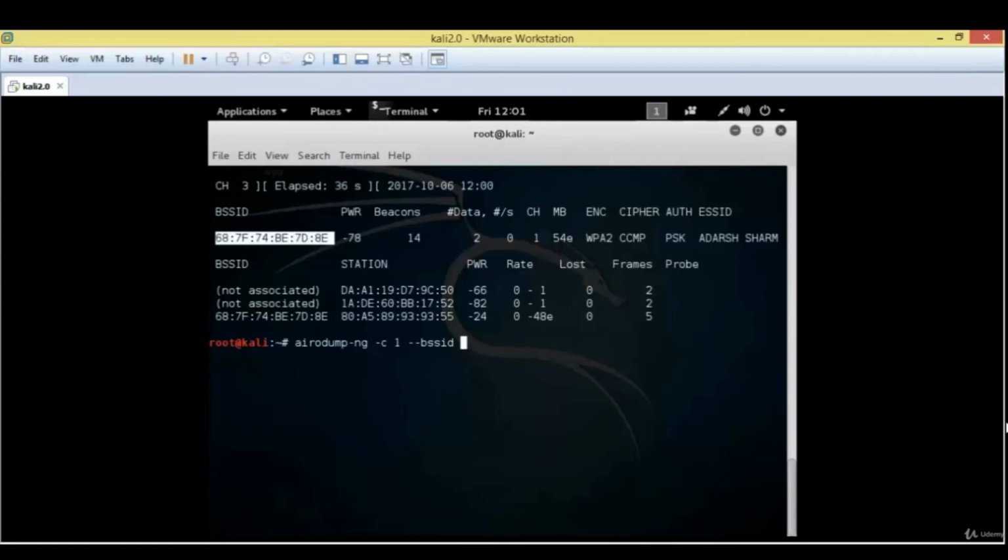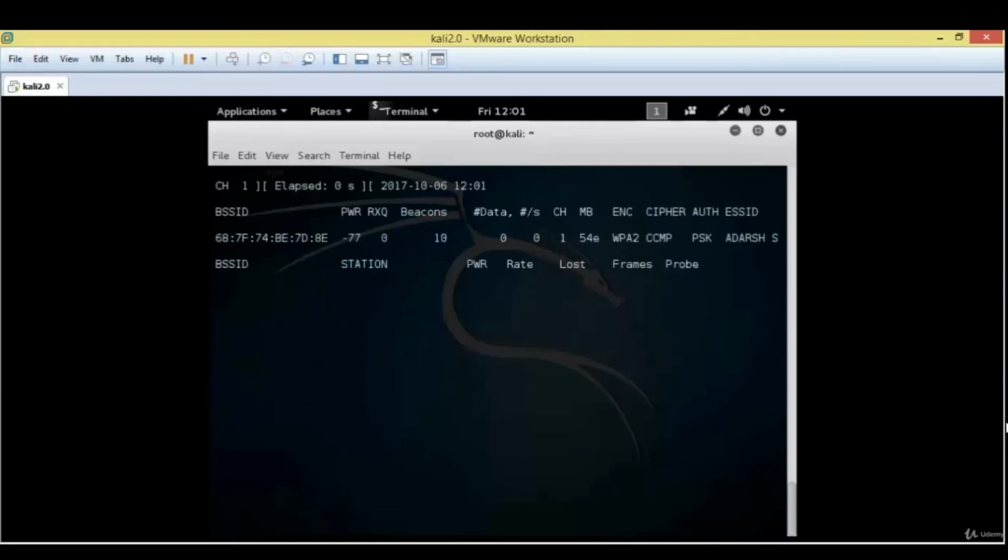This one. Copy and paste. Now use option -w to specify the path where you want to save the captured packets. For now, I want to save it on desktop by the name test. Okay? And at last, mention the name of the wireless adapter.